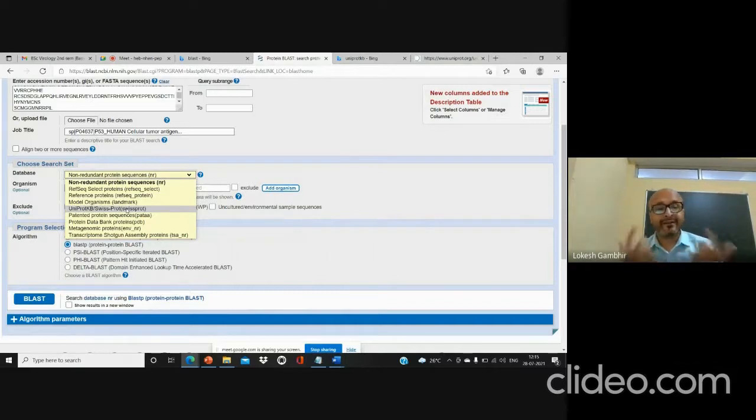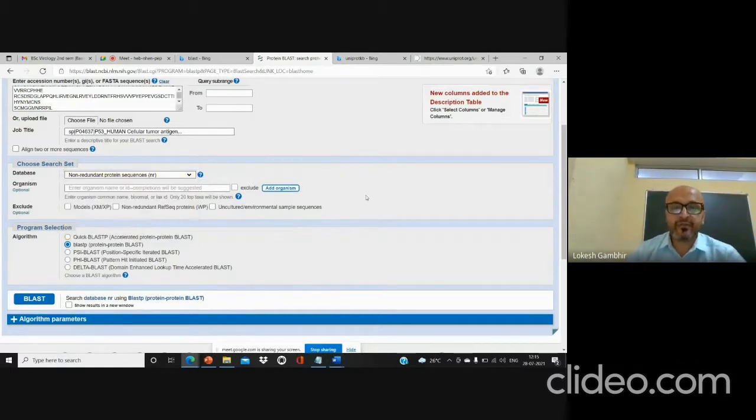If I'm interested in structural similarities, I'll be focusing on this particular section, that is protein data bank. If I'm interested in, suppose, transcriptomics, then I'll be using short proteins. So depending upon your choice, you can use these, and if you're not aware of any particular criteria, then by default you can use the NR database. If you want to exclude something, you can exclude, like the sequences that are non-considerable, just a sample sequence, you can remove them.